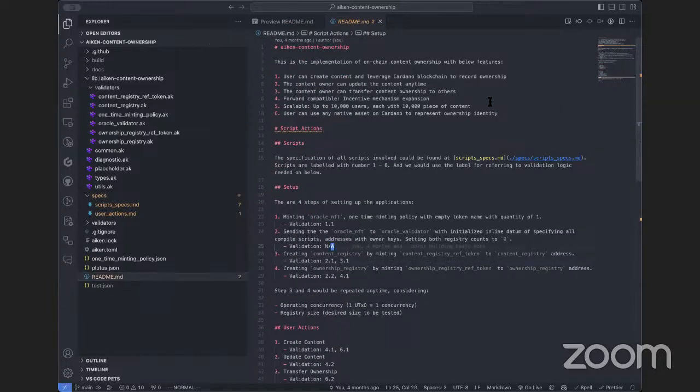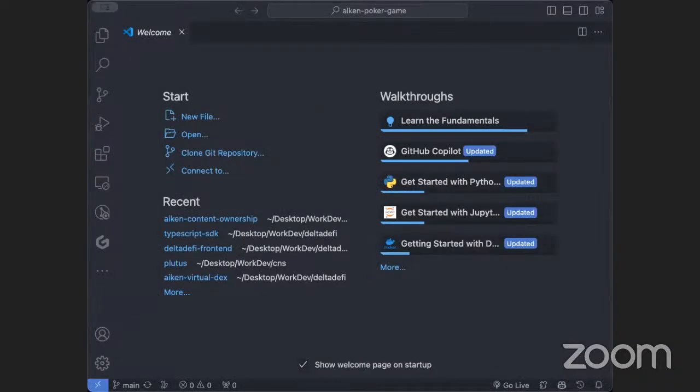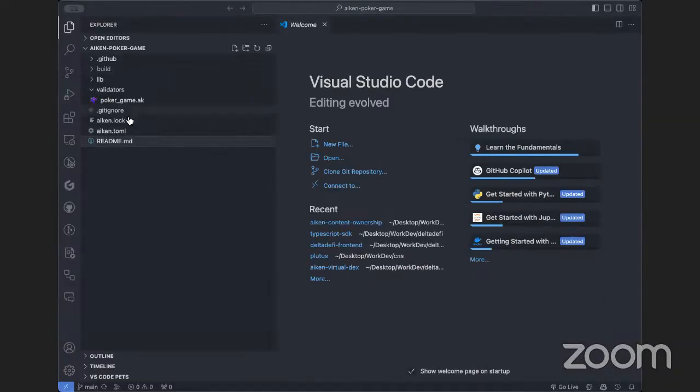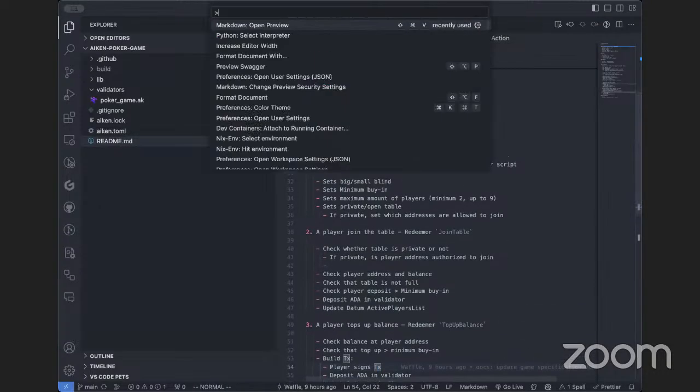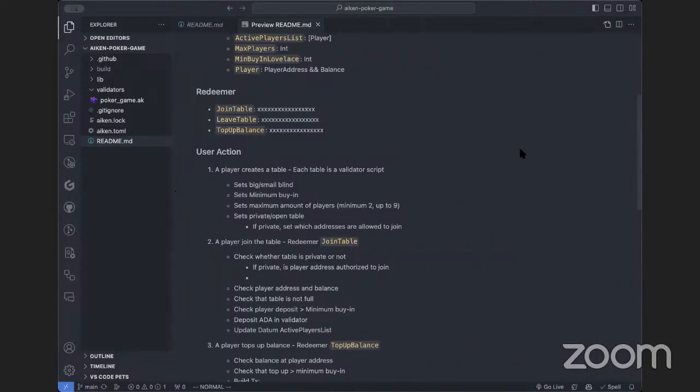There's also another occasion where I write the specification for one script. Let me find the example. There's something work in progress that I could show the gist of. There's a script that I'm working with today. Yeah, this is a very centralized poker game that we are trying to build. So literally the README here is the whole specification, but it's not updated yet.